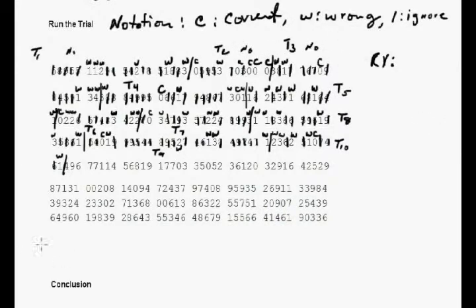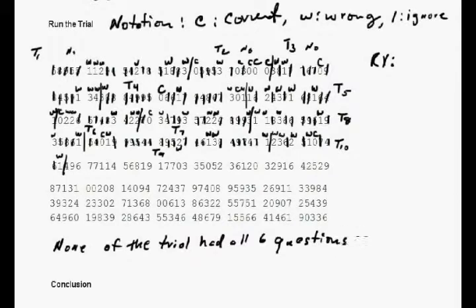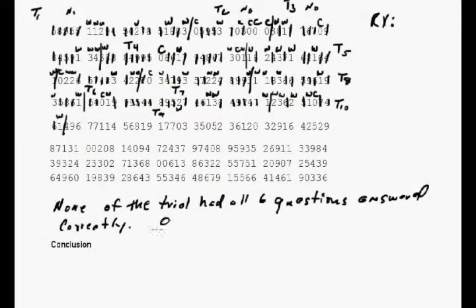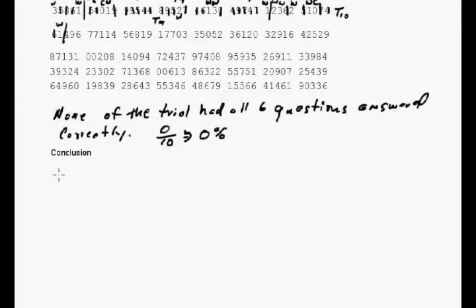It turns out that none of the trials had all 6 questions answered correctly. Okay, so now that's kind of our statistic: 0 out of 10 is 0, or 0%. Okay, so according to this simulation,